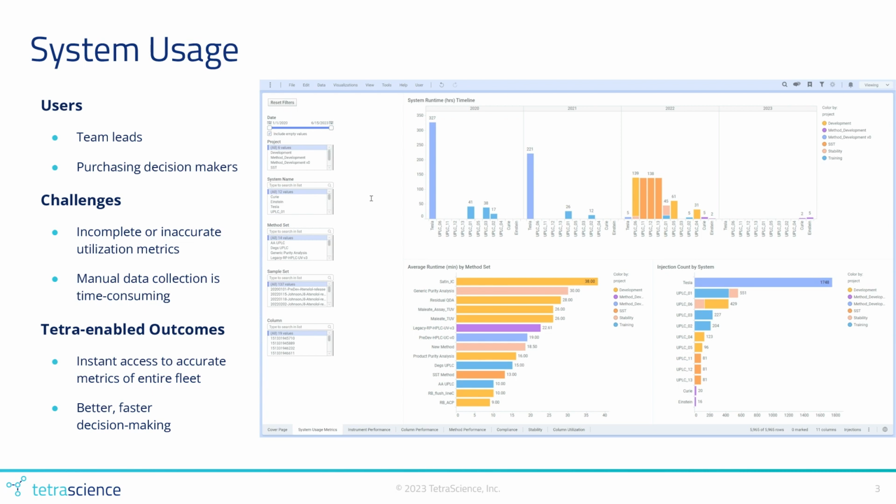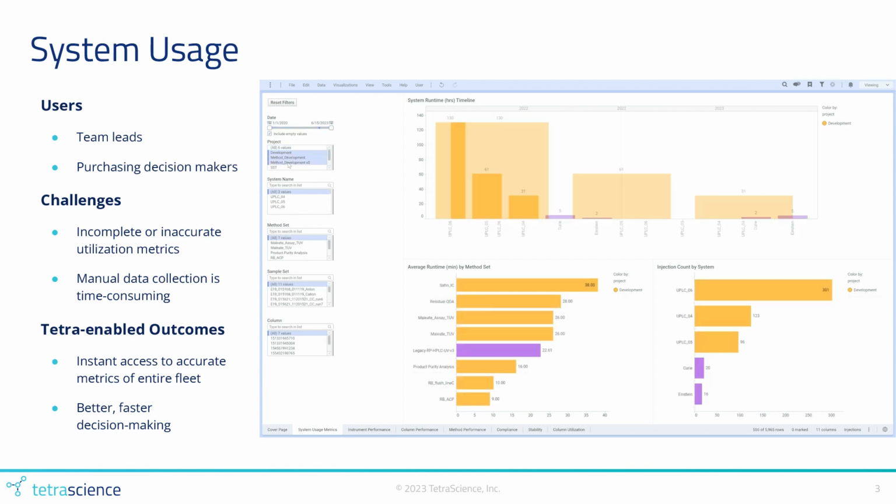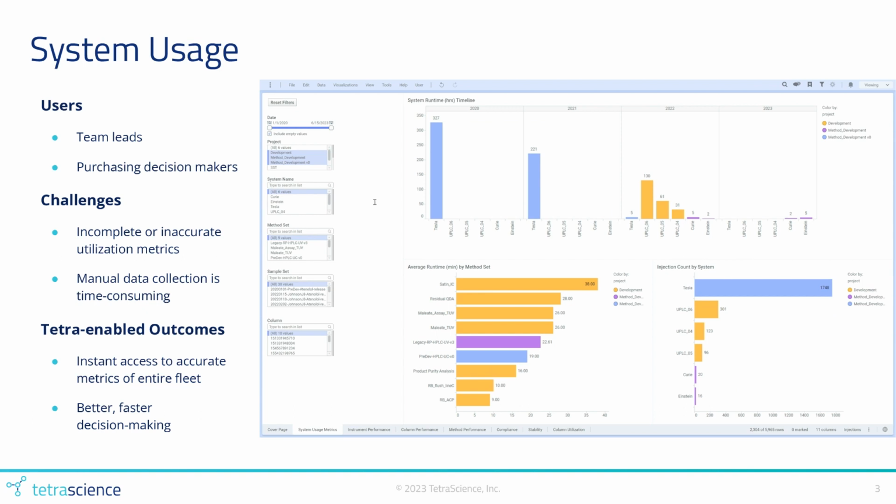The dashboard provides accurate, near real-time information that delivers a comprehensive view of fleet utilization and informs decisions for future capital expenditure. SIMPLO users can answer questions related to ongoing projects, deployed instruments, method sets, completed sample sets, and relevant column information, all in one dashboard. Metrics made available here for each system can include injection counts, relative utilization rates, project sharing, method sets used, and